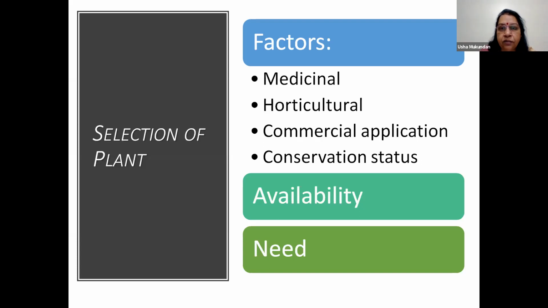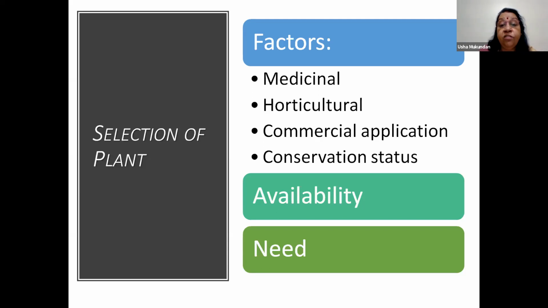So for medicinal plants, if they have to be grown in large numbers, then your starting material or your saplings or the seedlings should be available. So good planting material can be made available. Or horticultural, either it can be a fruit crop, floricultural industry, flowers, then commercial application like for production of large number of shoots, say essential oils if you want, then you can grow shoots in bioreactors.